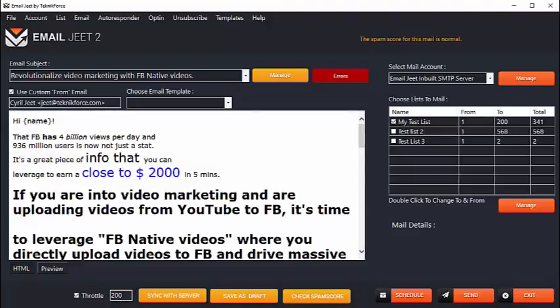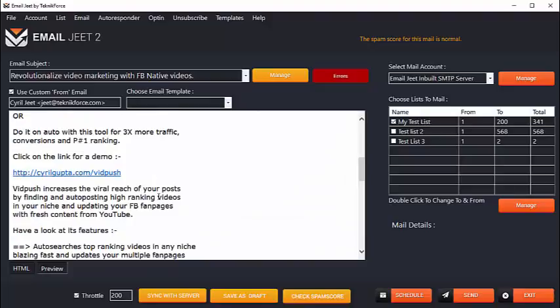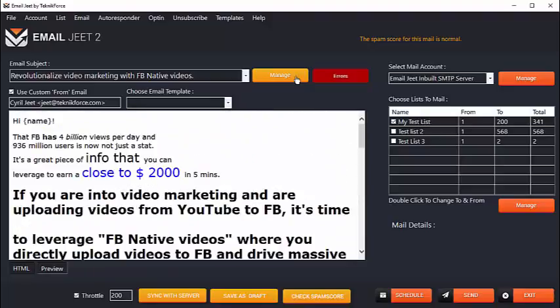You can preview how exactly your email is going to look to your customer, and you can even have templates. If you want to put in an HTML template, it's possible through Jeet. We have a collection of templates that you can use, and you can even plug in your own templates. It's very easy to do, and you can have your custom email sent out